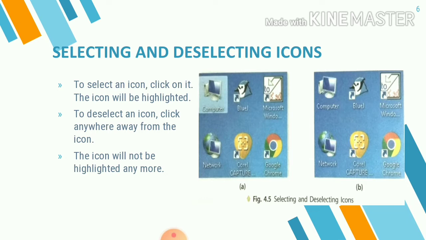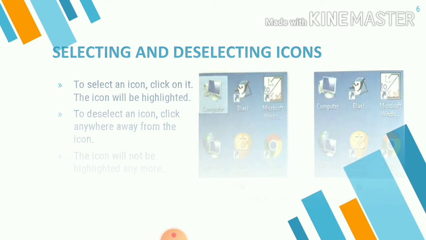So you can see in the picture, the first picture is selecting an icon, the icon will be highlighted. It means your icon will be selected. And in the second picture, deselecting an icon, your icon will not be highlighted. It means your icon will be deselected.